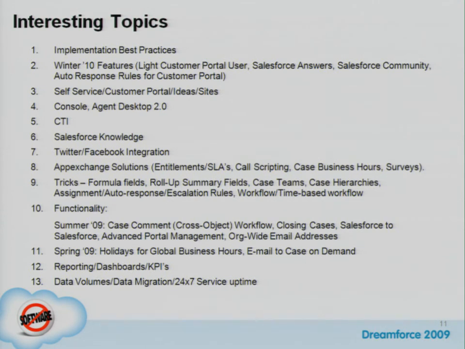Yeah, the only way around that would be if the object that you're customizing is a custom object. You can use what we call delegated administration, which allows a certain group of users to customize that object, but not the rest of the application. So there is a way to do that, potentially. I need to understand more about your sharing model to make sure that's actually going to work. We can talk at the end if you want. We'll do that. Okay, good.